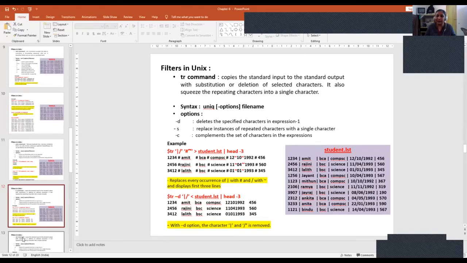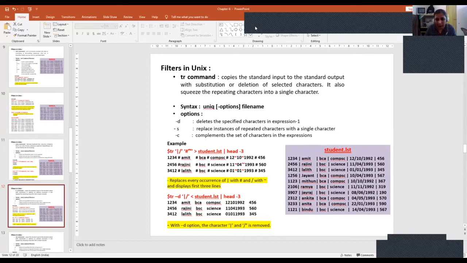If I want a slash symbol instead of a hyphen, then I use the TR symbol. TR is nothing but a translator, which means we are going to translate. For example, I am going to translate English to Kannada, or Kannada to Marathi. The content will be the same, but the representation will be in a different form. That is how we make use of the TR command.